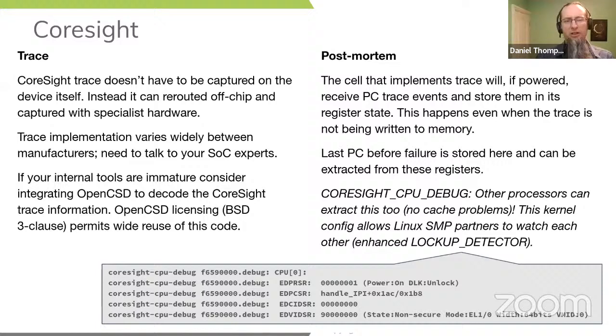CoreSight still has a few tricks we can keep up our sleeves. Firstly, when the board stops dead, if you are tracing to an off-chip capture device, then the off-chip capture device will have recorded the last jump trace. So if you have a Lauterbach back in the cupboard or some equivalent piece of technology that allows you to capture the vast traces that come off the hardware trace systems, talk to people and figure out if you can plug it in. It is another very quick way to get to the full answer with tools. The problem is that, like I say, very few people have a Lauterbach back in the cupboard, and even fewer people who can find the cupboard know how to use it. You have to work with the tools provider to find the docs for that.